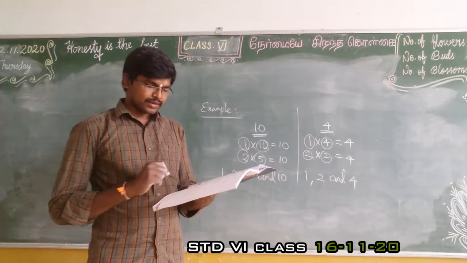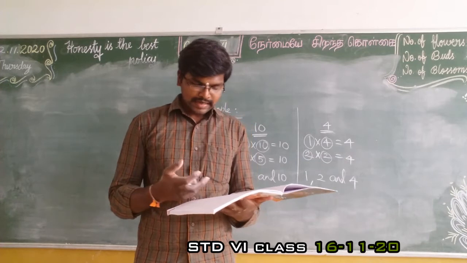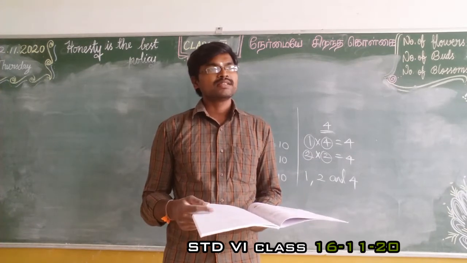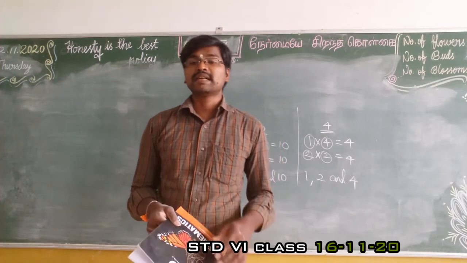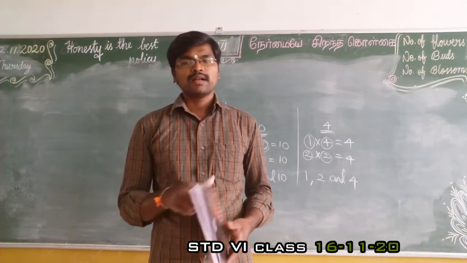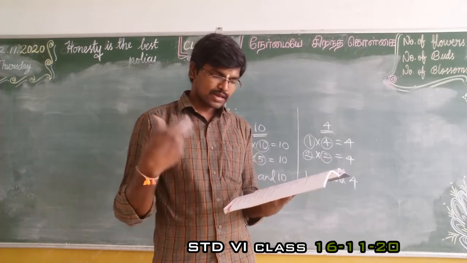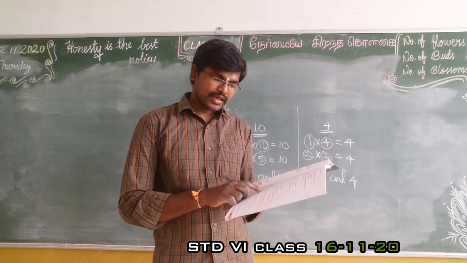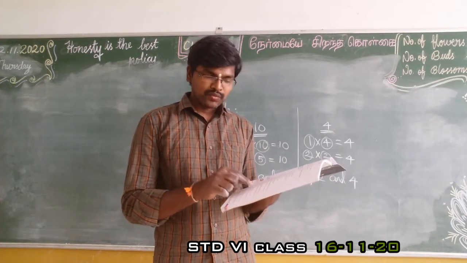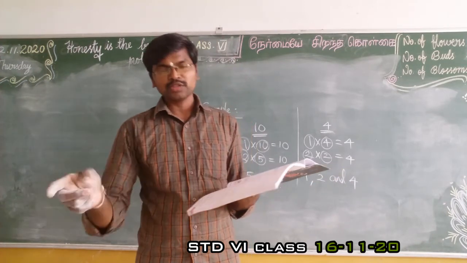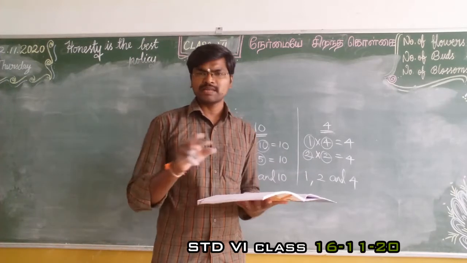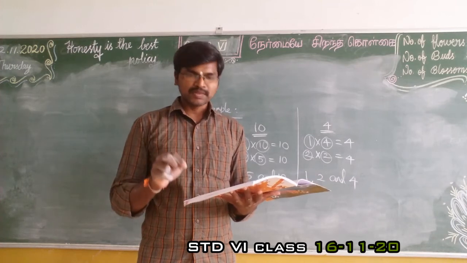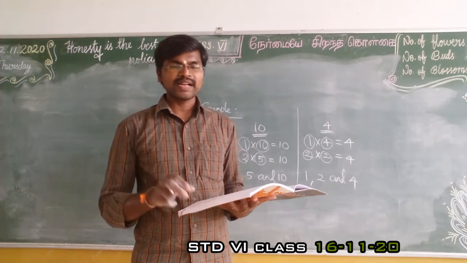Next question number 9. This is a direct answer question, because we simply recall the divisibility rule. Find the dates of any month in a calendar which are divisible by both 2 and 3. What is the meaning of both 2 and 3? So the number must be divided by 2 and also divided by 3.